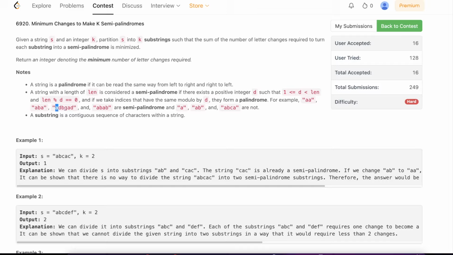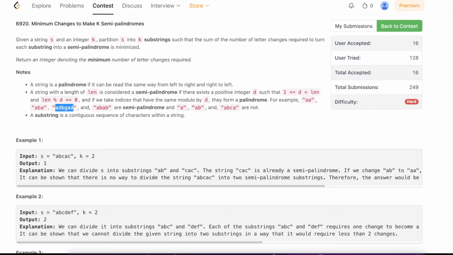So these two, the string with a and g, should be a palindrome, and similarly d and a should be a palindrome, and similarly b and d should be a palindrome. So whatever changes you need to make ag a palindrome, da a palindrome, and bd a palindrome is something you will be required to do